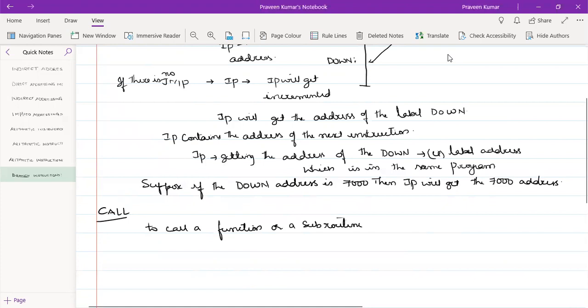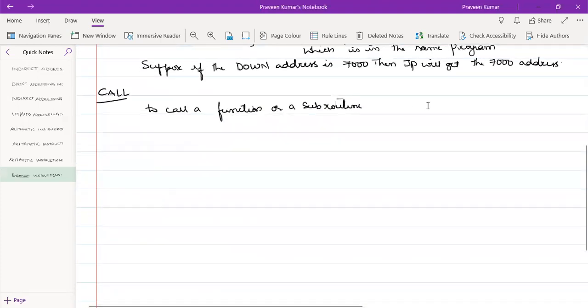Now if we write jump, what happens? Let's take the same case where I write a call. The program is executed in this manner. In between this program I have written a call to sub. This is the program starting and ending.